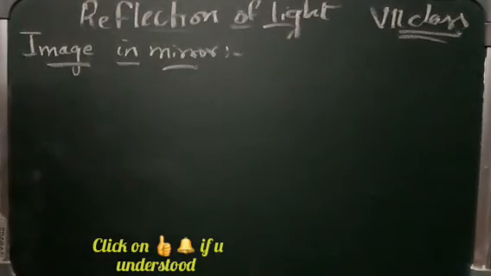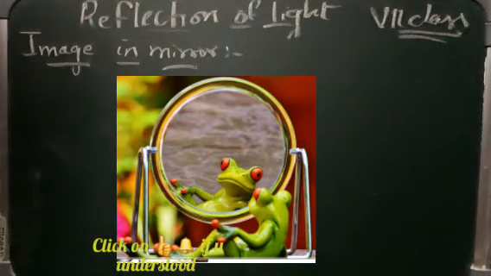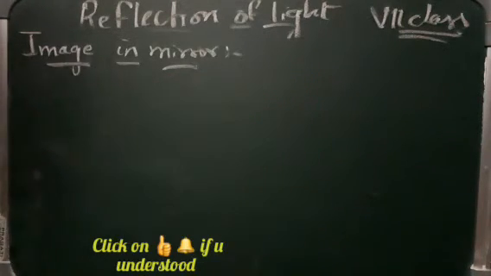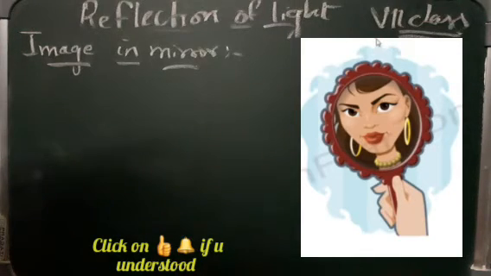As we were talking about the image in the mirror, how do you think the images in the mirror are formed? We see our image in the mirror many times, isn't it? How is it formed? During daytime, the light which falls on us gets reflected, and the reflected light rays that fall on the mirror also get reflected back. These reflected rays reach our eyes and make us see our image. Thus, formation of image in a mirror is due to the reflection of light from the mirror.